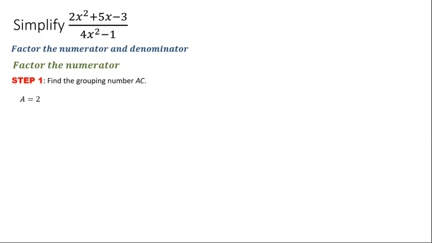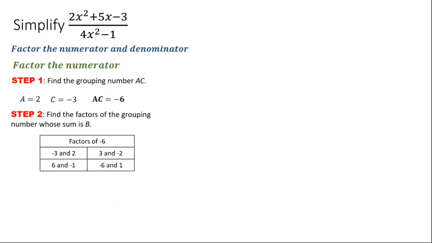So our a is equal to 2 and our c, the constant, is equal to negative 3. Getting their product, we get negative 6. Now, kunin natin yung factors ni negative 6 and titignan natin kung ano-ano yung factors ng negative 6 na pag-i-add natin, the answer will be equal to 5, which is the middle term, okay, the coefficient of our middle term or yung ating b. So ito yung lahat ng factors ng negative 6 and yung factors ng negative 6 whose sum is 5 or